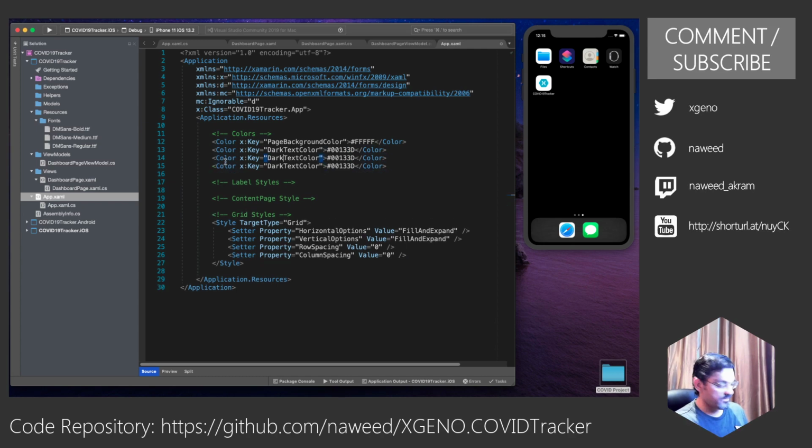So let's try to define some of them. Medium text color and light text color. For the light text color, I will go with something very close to white, but not exactly white. This is what we will use whenever we have some dark background. So let us give it very close to white. For the medium text color, we will go with somewhere in the middle between the white and black. So let's say 999999.